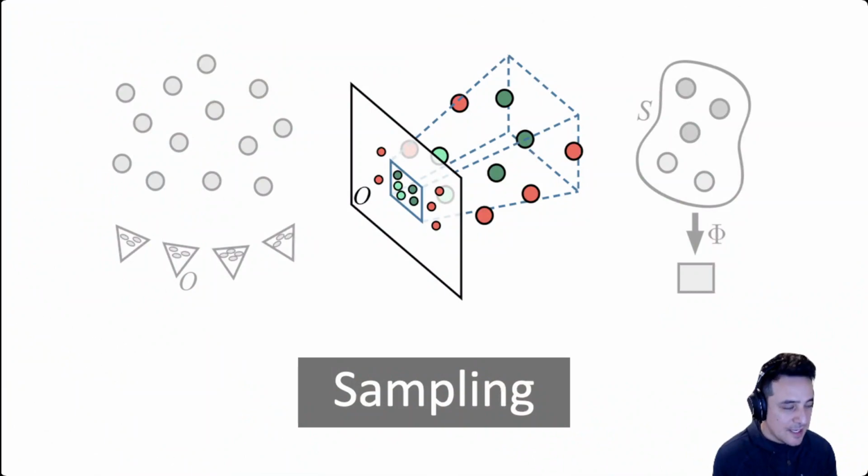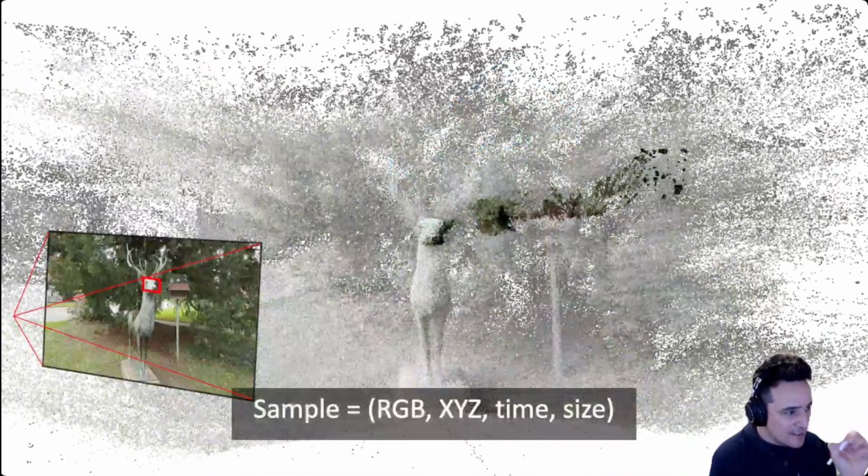The next step is sampling, and this is for a given output camera view that you want to render. You take a pixel, and we treat this pixel as a box. So there is an area to it, and then you can project this frustum into 3D, and you can gather all of the samples that exist within this frustum, which you see here. These samples have a number of features to them. There's, of course, the color from the view that projected into that space. There's the position in 3D. There's the time in the video that it was recorded. And there's also the size, which has to do with how close this point was to the camera, because if the camera is really far away, then the frustum is really wide by the time you get there.